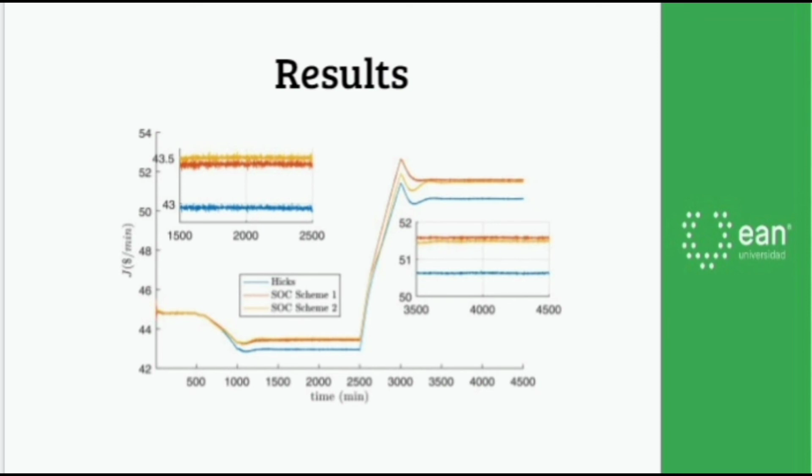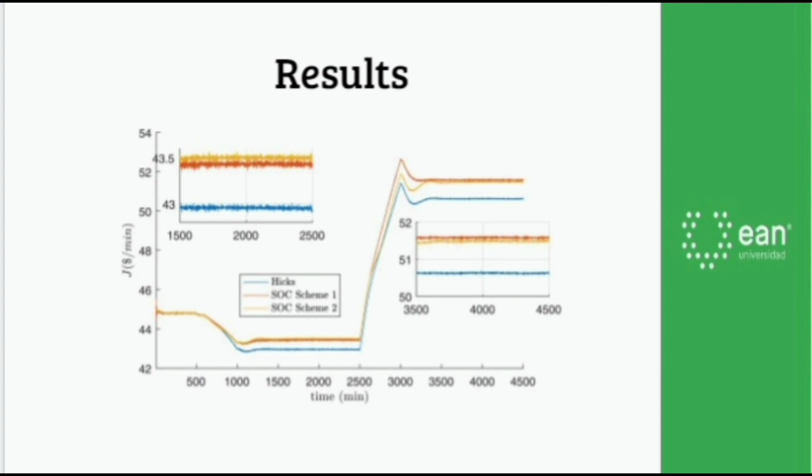More specifically, the profit function for the three cases is shown in figure 8. It can be seen that in the nominal condition from 0 to 500 minutes, their economic benefits are almost identical and nominal optimal. However, when it comes to the 500 minutes to